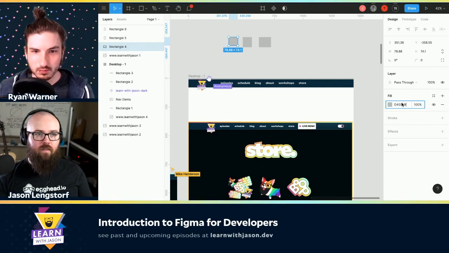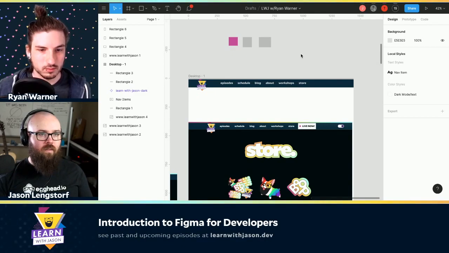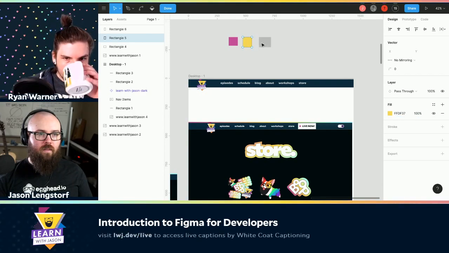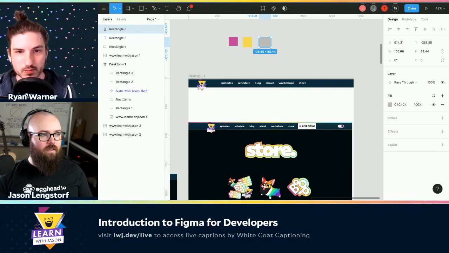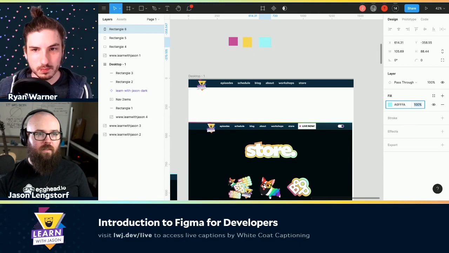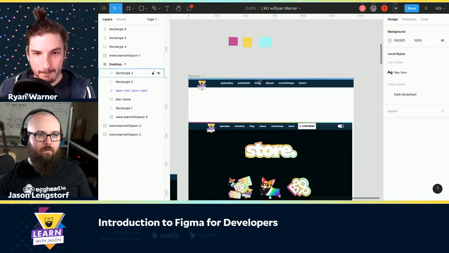So here's the pink. Here is the yellow. And then we've got a light blue tealy kind of color. Okay, so those are the 3 colors of the Learn With Jason gradient.